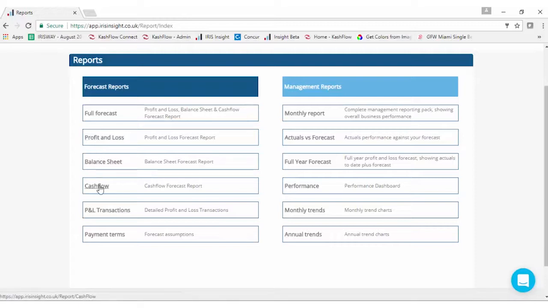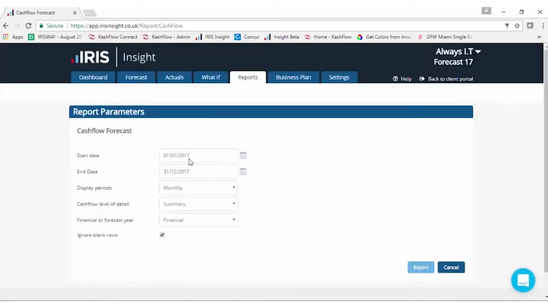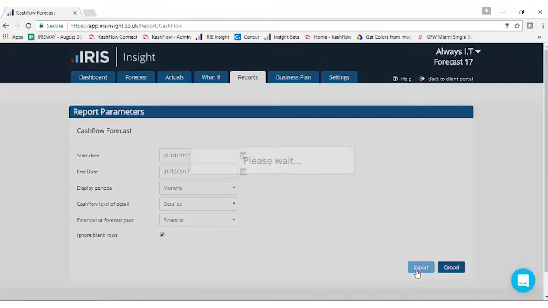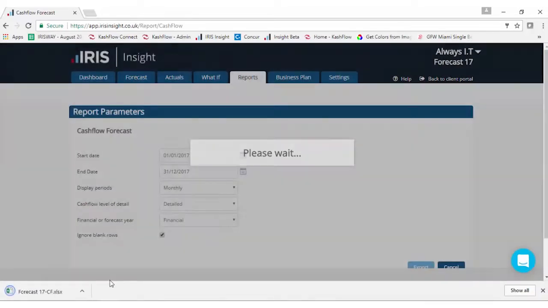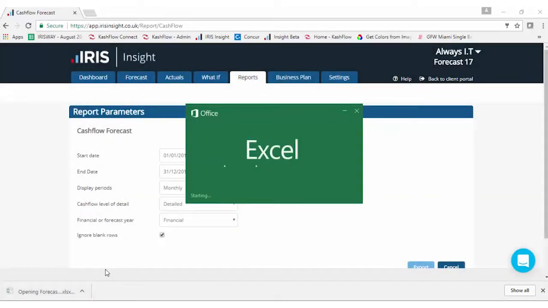So if we click into the cash flow forecast report, we can choose the start date and end date for the report, whether we want to display periods daily, weekly, monthly or annually on here. We can choose the level of detail, so do we just want it summarized or detailed, and also do we want this financial or forecast year. Once you've selected all the criteria for the report, just click export and it'll export all that information out into